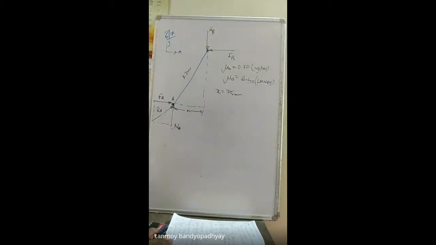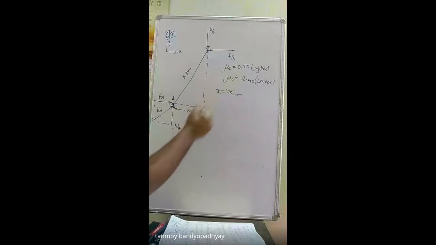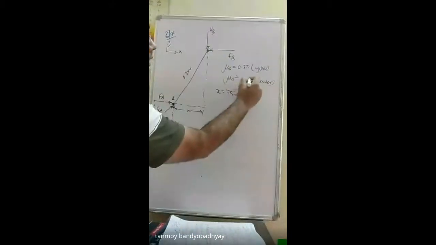So this problem we could have solved based on equations of equilibrium, which is something I would ask you to do as part of your homework. Just have a note: the determination of this you have to complete in your homework based on the equations of equilibrium. We will be doing this problem based on the angles of friction. Just let me know whether the values I get using angle of friction are the same as you get using the equations of equilibrium.